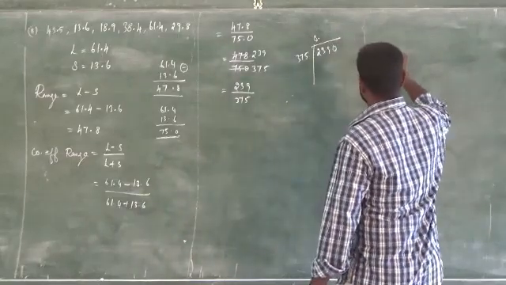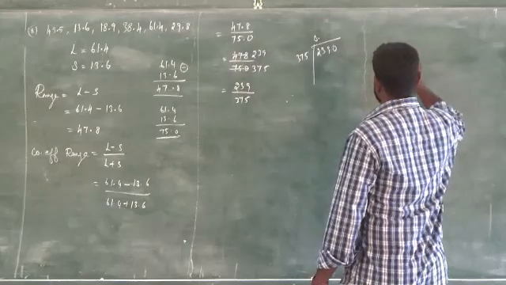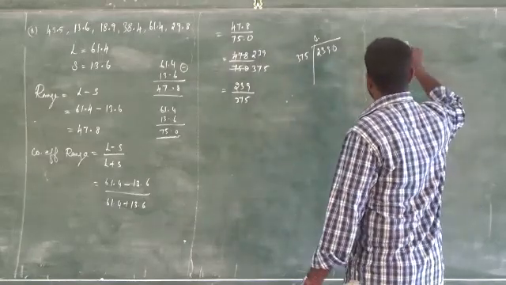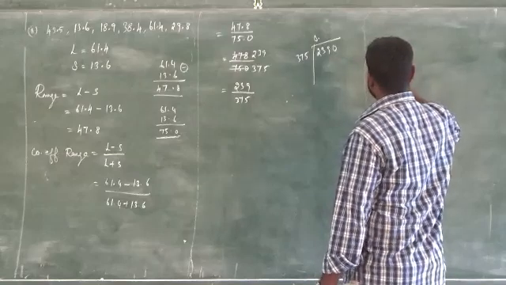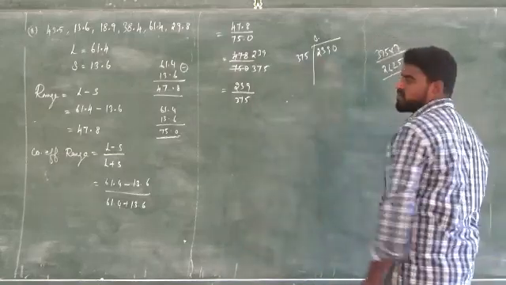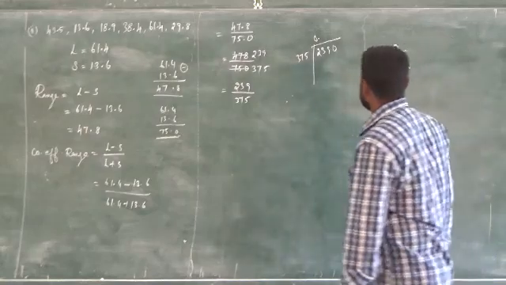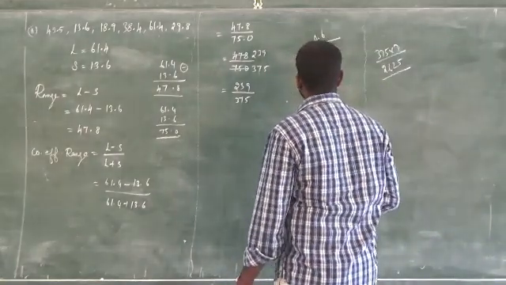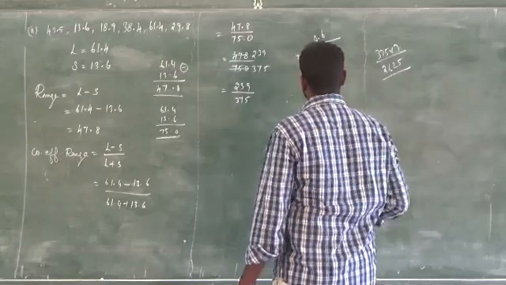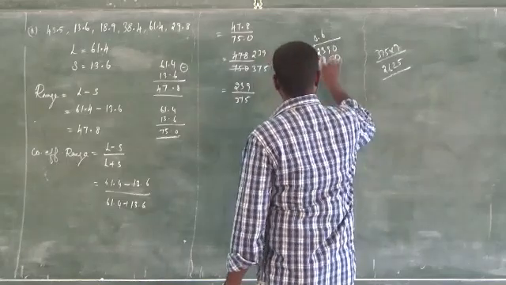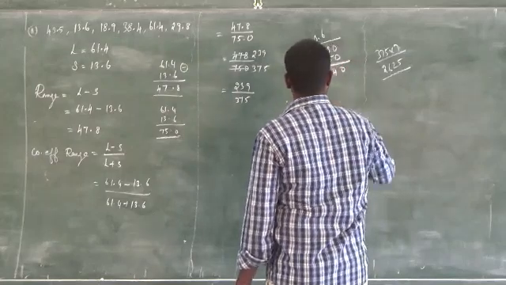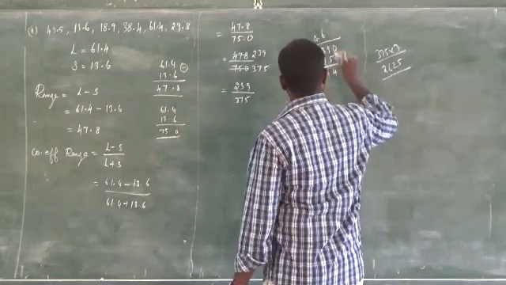It is 375 into 7. 5 sevens are 35, 7 sevens are 49, 52, 3 sevens are 21, 26. But here we have only 2390. So check 6 times. 6 5s are 30, 6 sevens are 42, 45, 6 3s are 18, 22. So 0, 4, 1. So add one more 0.